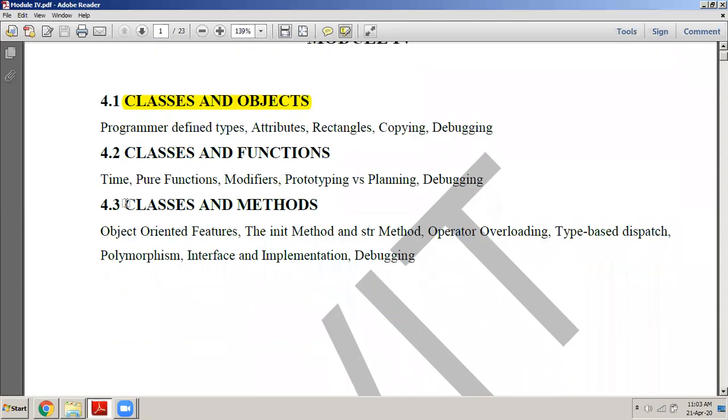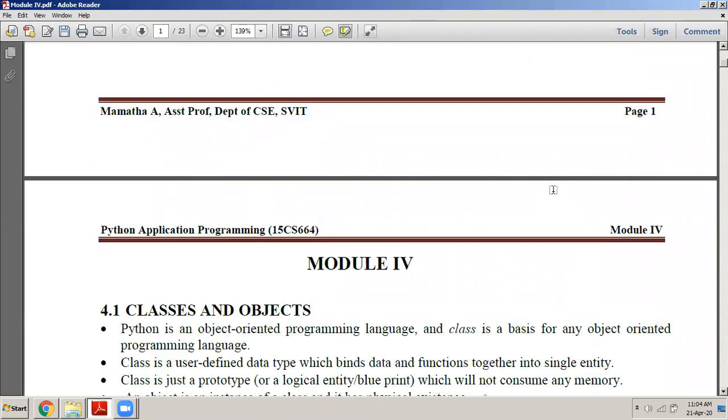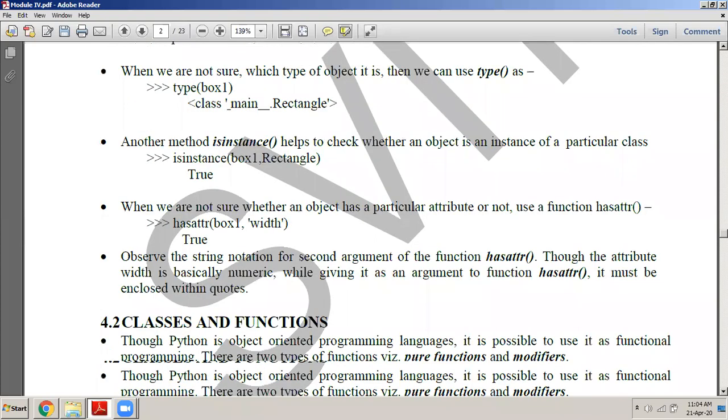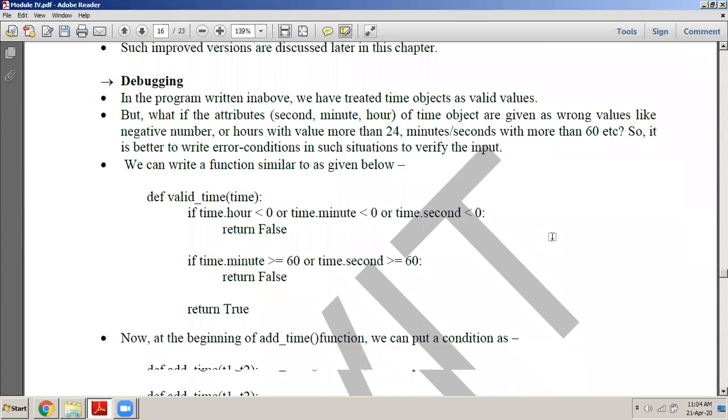Now today we are doing the last concept of module number 4, that is classes and methods. In this, we are going to learn some real object-oriented features of the Python programming language. Then we will learn the init method and the STR method. Then we will study the most important one, operator overloading. Okay. So now going directly to classes and methods,